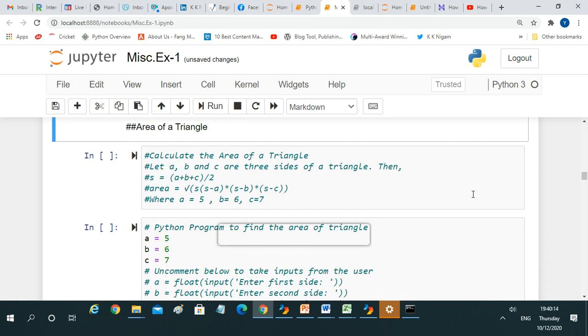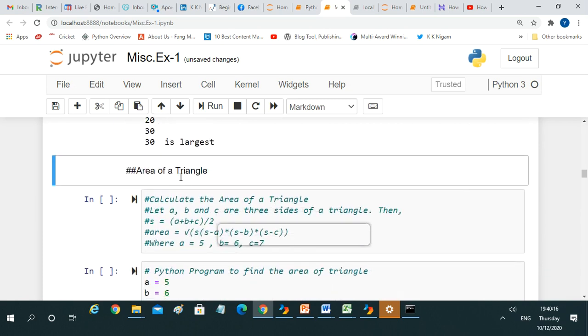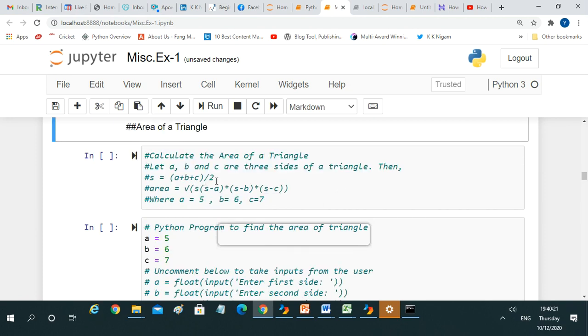Now let us try and calculate the area of a triangle. So that is why the heading is, you are seeing, area of a triangle. So you can see that we calculate the area of the triangle. Now for that, again the remarks: let A, B and C be the 3 sides of a triangle. Then S is equal to (A plus B plus C) divided by 2, and the area is the square root of